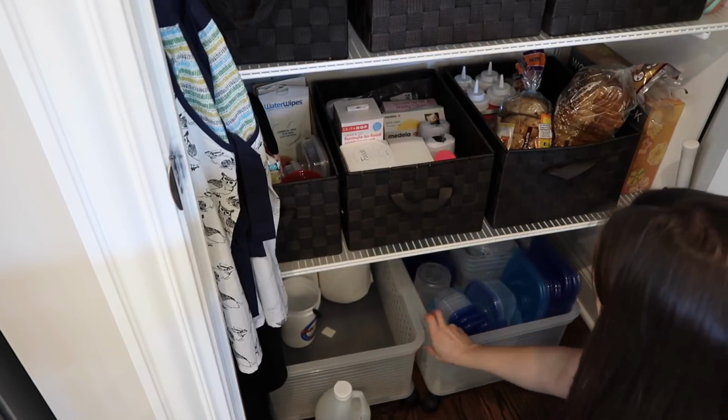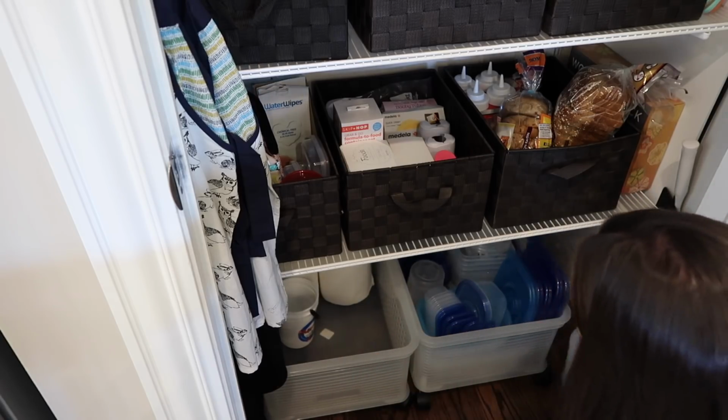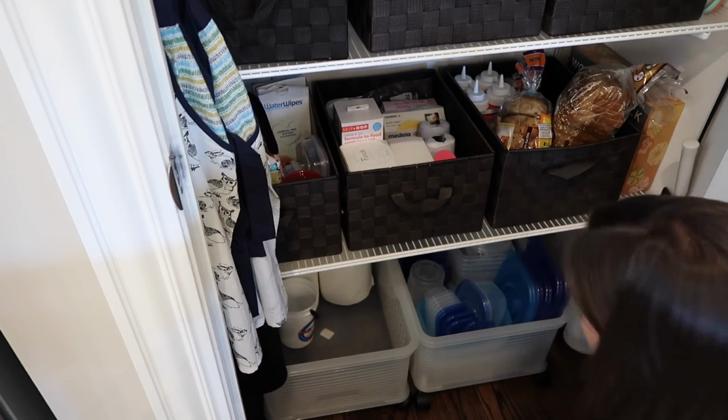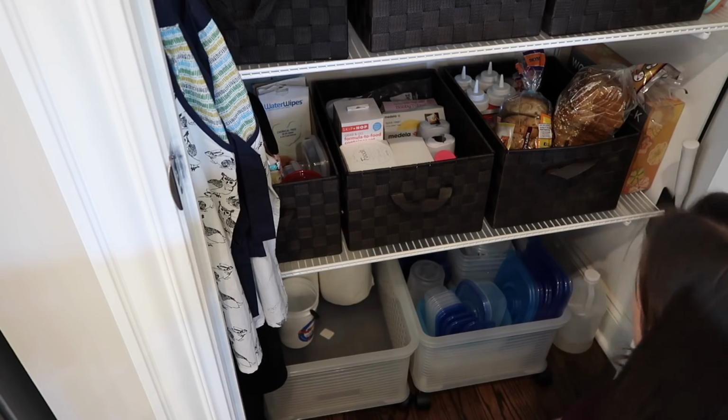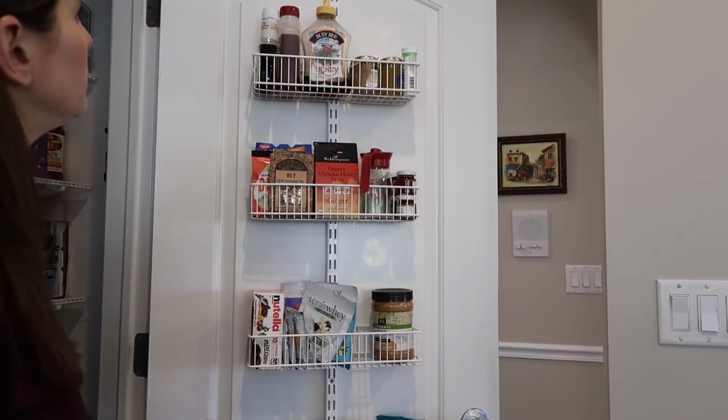Oh my gosh, look how much I got rid of. I can't believe it. And then there's more room down there. So that's pretty good. Look at that. Okay, we just have to do the door and then we're all done. Okay, so what have we got? We've got